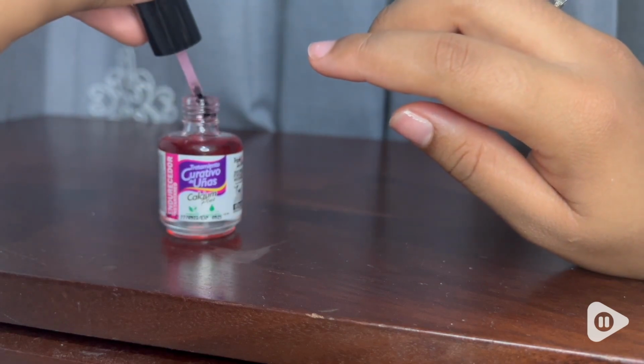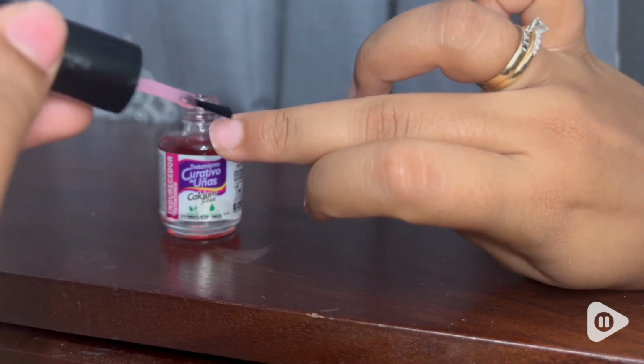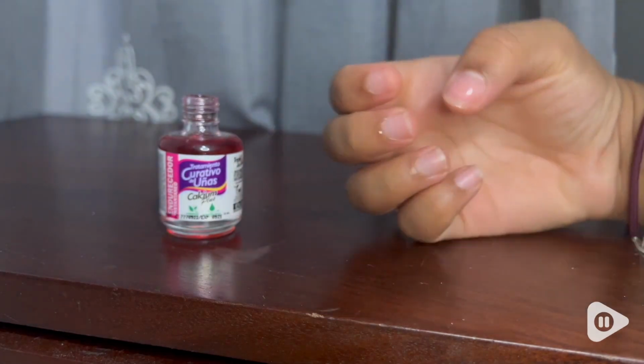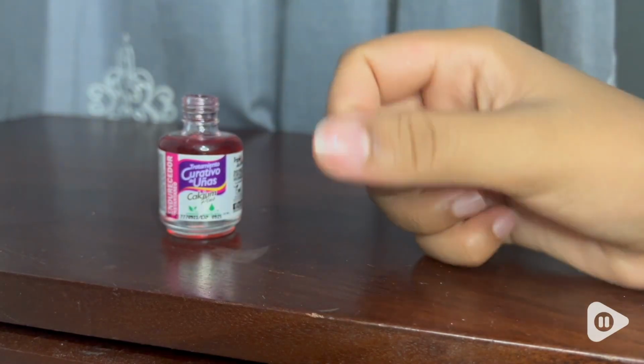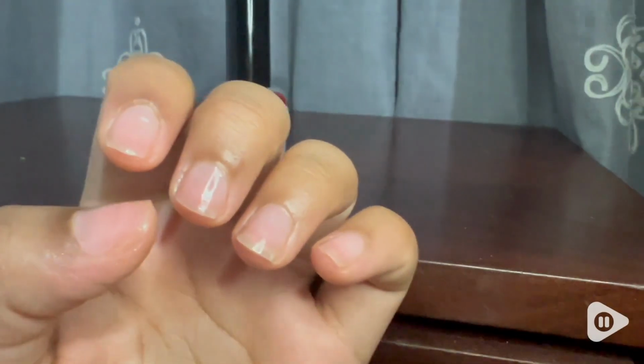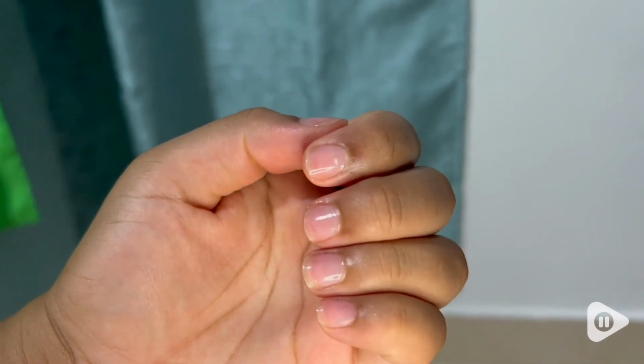I've always had these weak nail problems because I used to do a lot of acrylics and gel, and once I started using it, I feel like my nails look so much better. And I do clean a lot too. I do dishes, so I make sure I have it on whenever I am going to deal with water at